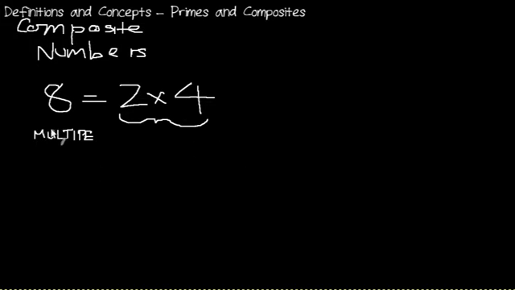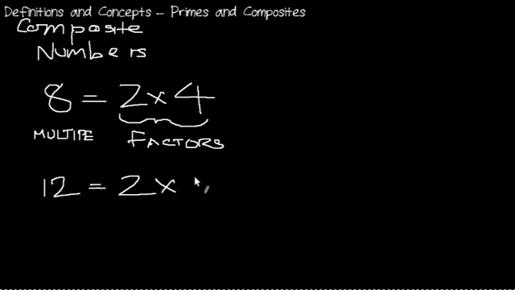And just as the result is known as a multiple, the two numbers that are multiplied together to give that number are known as factors. Multiples are the result, factors are the numbers being multiplied together. Let's look at another even number. We had 12, for example, and 12 is the same thing as 2 times 6, and so 2 and 6 are known as factors